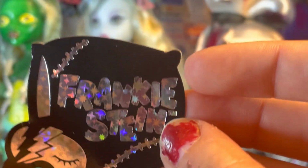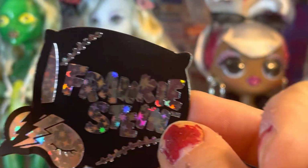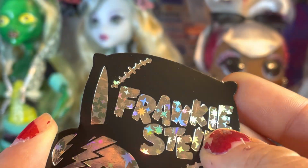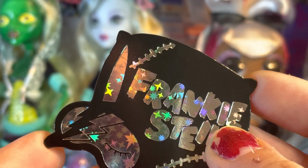This is the little cardboard pillow that they came with. It literally is just that. It's cardboard, but it does slide right out if you want to keep it. It has that same glitteriness that the Monster High logo has, a sleep mask, and that looks like a knife. But I somehow don't think that's what that's supposed to be, but maybe it is. I don't know. What is...